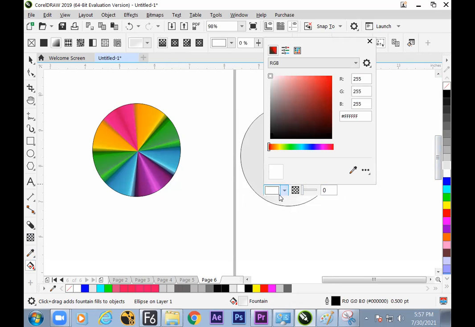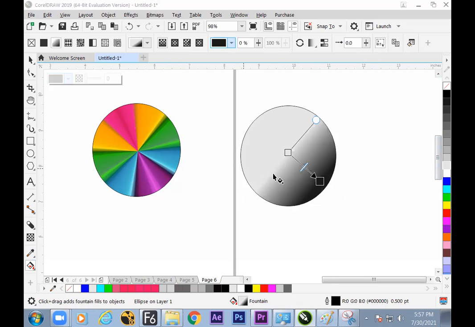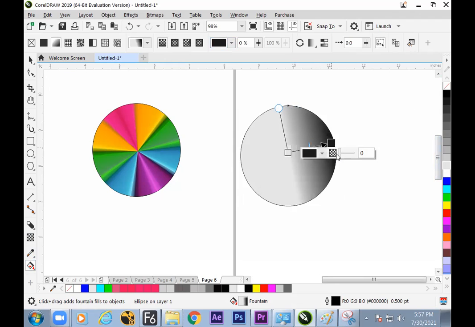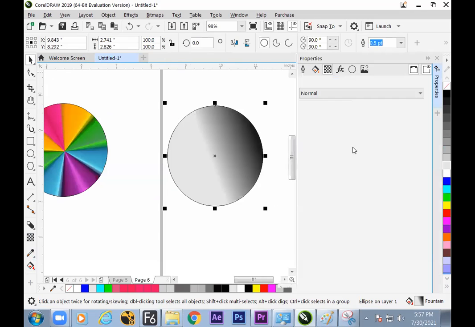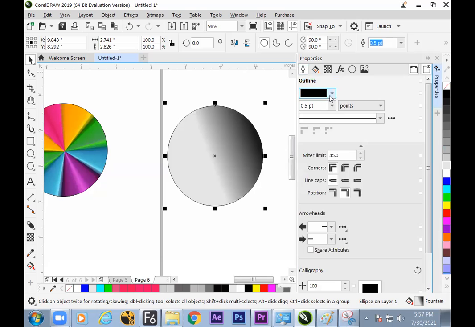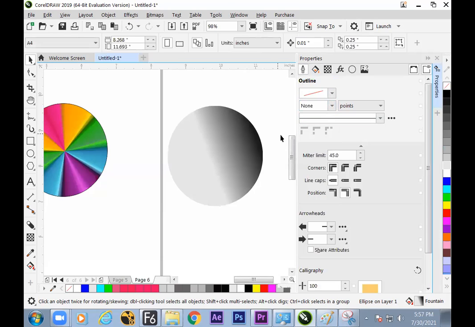Once again, switch to the base color, take the transparency tool, like the interactive tool, and drag it up. Here we can change the color, the direction, and the transparency level of the color. Fine. But where to use this? Let us make the stroke none. We know how to do this by Alt Enter, switch to transparency and go for none.